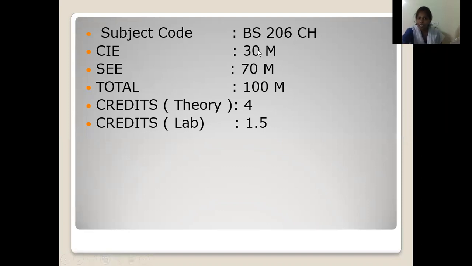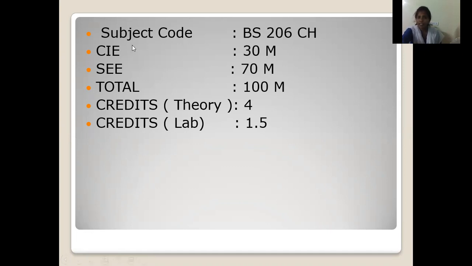In the internal examination, out of 30 marks, you are writing only 20 marks, that is the descriptive, and the remaining 10 marks for the assignment. The assignment may be the assignment exam, or maybe we'll do the assignments, or maybe the running notes. So out of 10 marks in the assignment, around 2 to 3 marks I'm giving for the running notes, and the remaining 7 marks for the assignment exam and the assignments. So for the remaining 20 marks, I will explain at the end of the session today how the internal question paper pattern is.